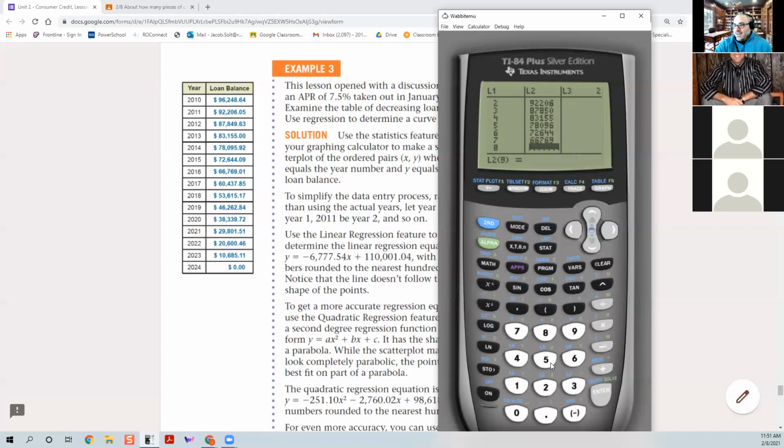67,690.10 and 60. 437.85. Next one is 536,517. Yep. Next one is 46,262 and 84 cents. The next one is 38,339.72. And after,